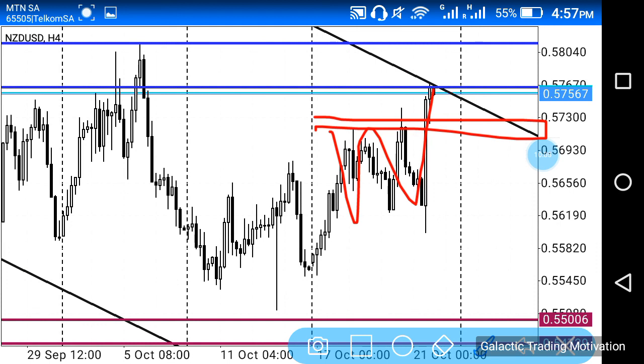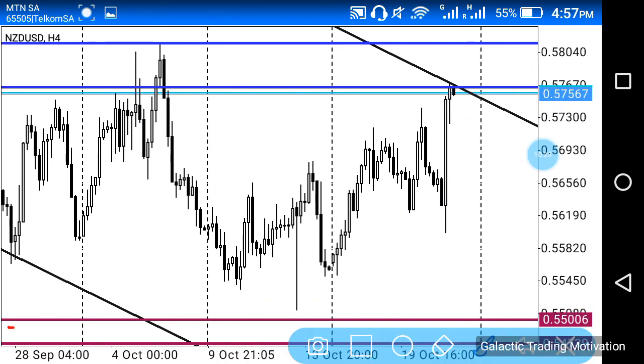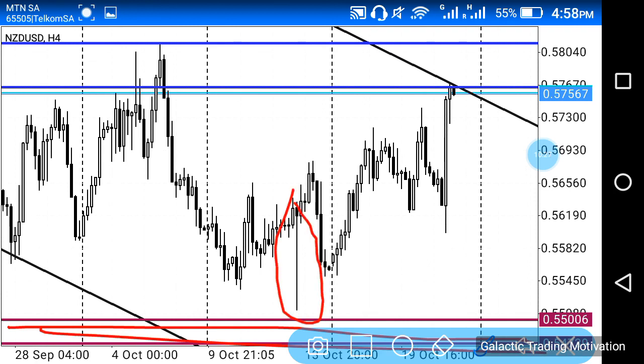And I said that what may potentially happen is that price from where it is may push further down to test this point, and then it may push further up, or it may push even further down to come and grab all the liquidity that's sitting down here, right? To add to the fact that we have a lot of money sitting down here, we also have this candlestick over here, guys. It is also very much a bearish candlestick with a small body and a very long lower wick. So this candle too tells us that at this level we have a lot of liquidity trapped there,